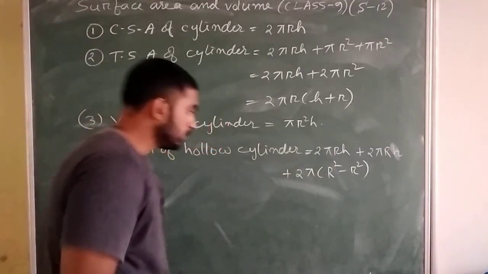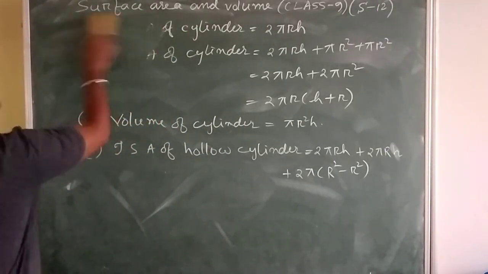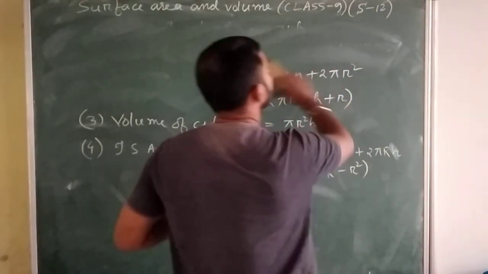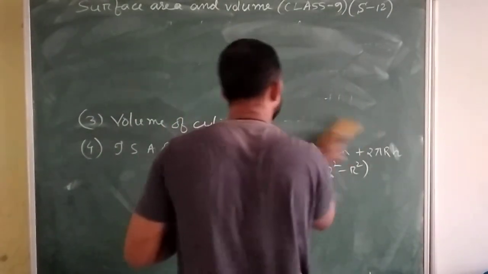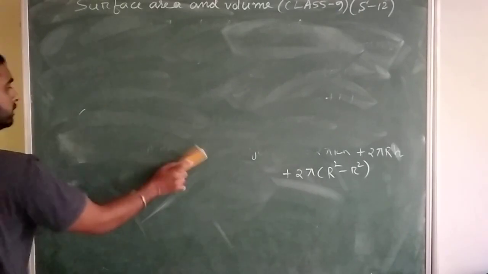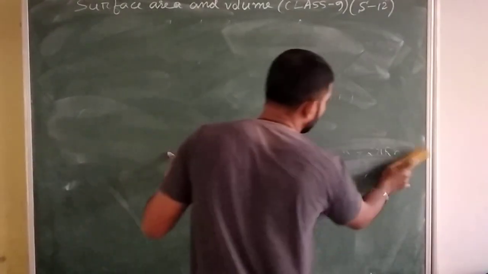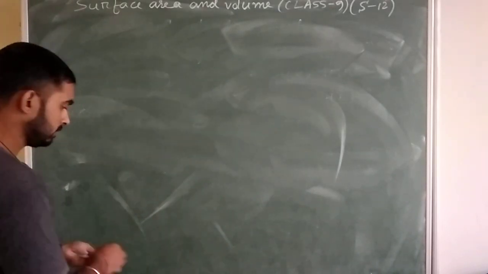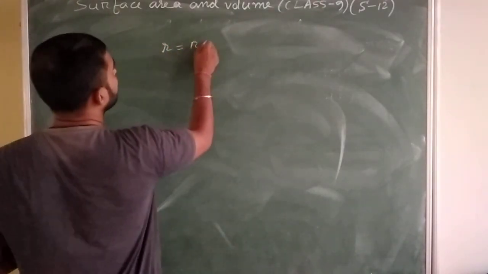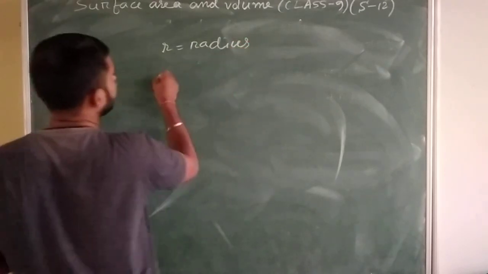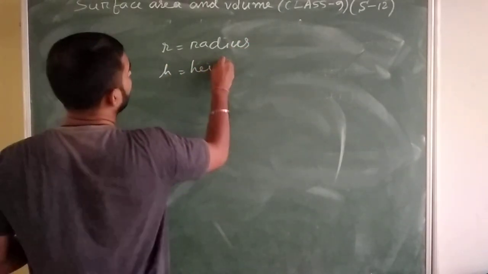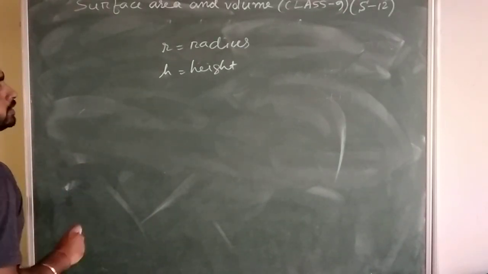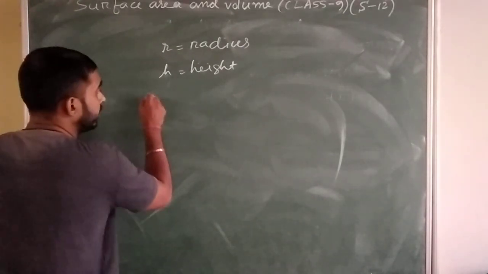Now next, there are lots of formulas. In this session we will discuss up to cone, then after that we start the exercise. Okay, now listen. Here what is r? r equals radius. And h equals what? Height of the cylinder. And in the last one, the total surface area of hollow cylinder,